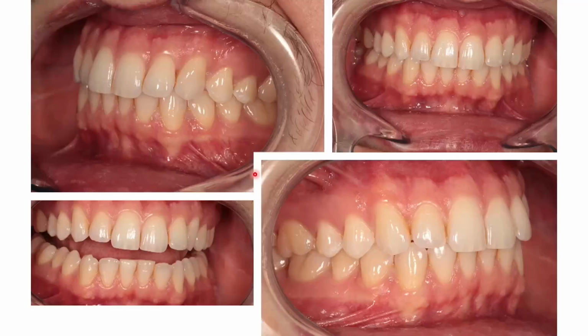Actually, that's just some intraoral shots of the same case, so we can see just some mild crowding on these lower incisors here, very mild crowding, and then this tooth here has just wandered out a bit in the smile, and this guy gets married this year actually, so he just wanted that corrected. So we're going to tab into